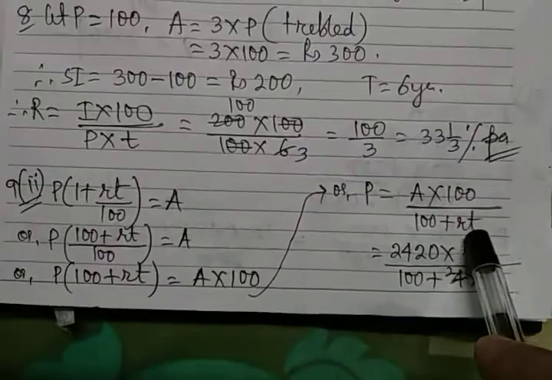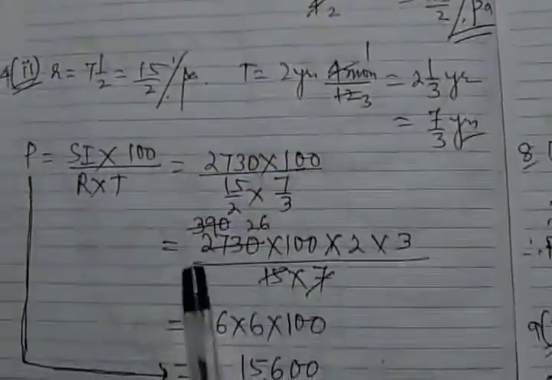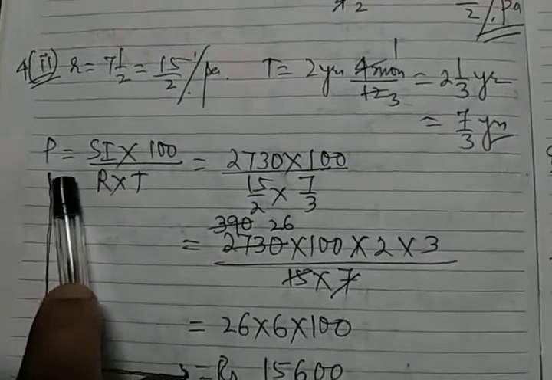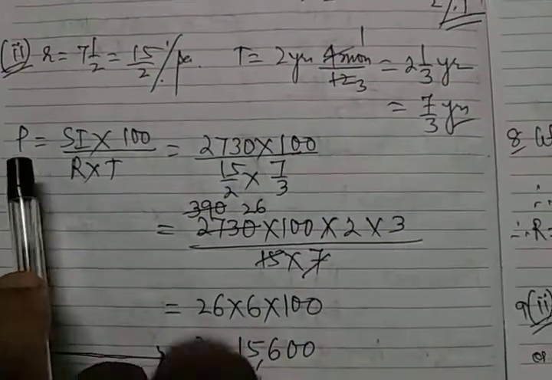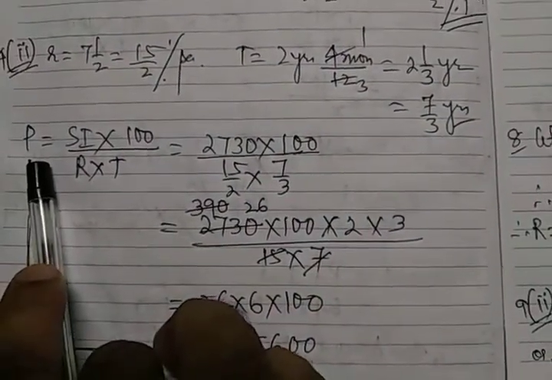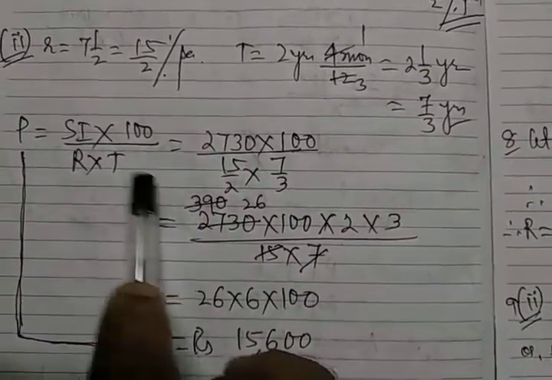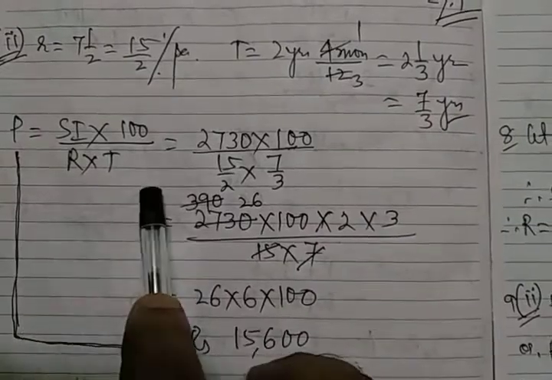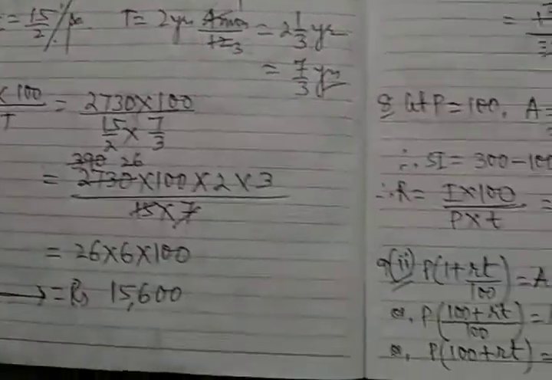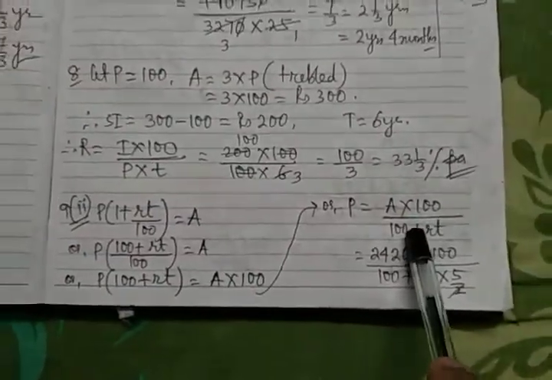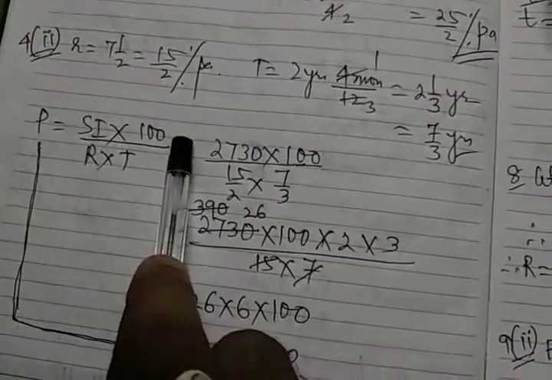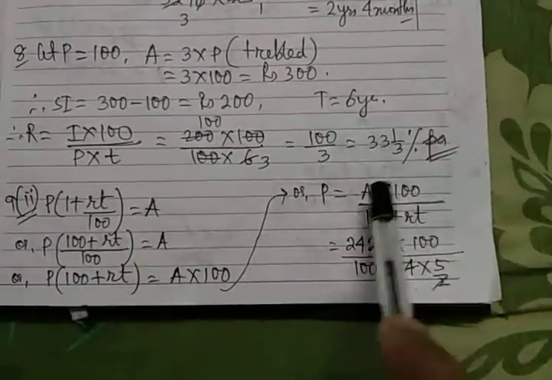And you will find little similarity with our previous one. Let's say it is worked out here only. If you see number 4, number 2 I had given last day. Principal from the interest. So principal from the interest will be SI into 100 by R into T. And little similarity you find here. There it was SI into 100. Here in place of SI, amount is given. So it is amount into 100.